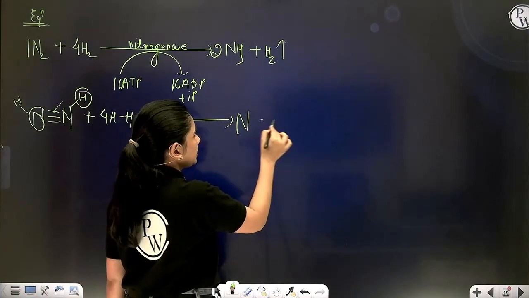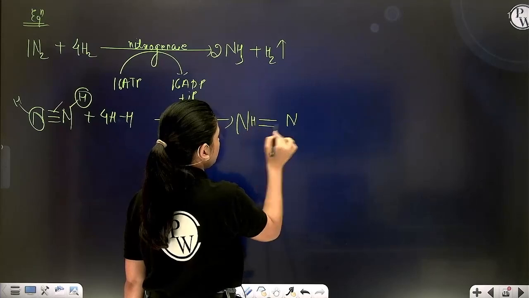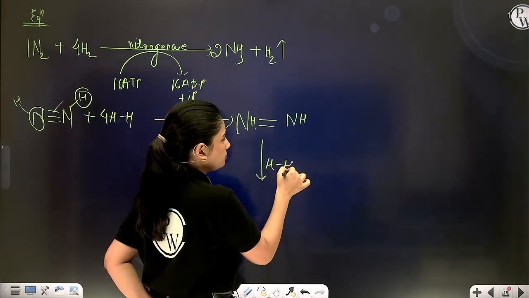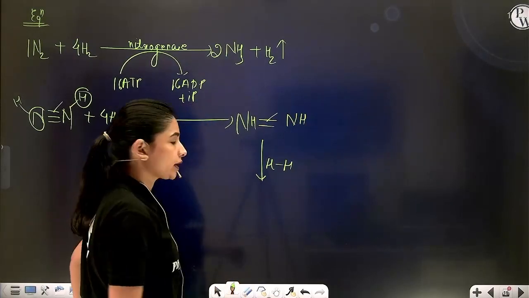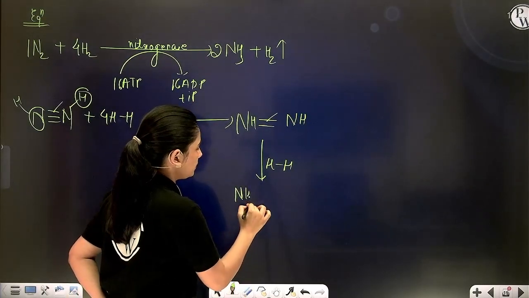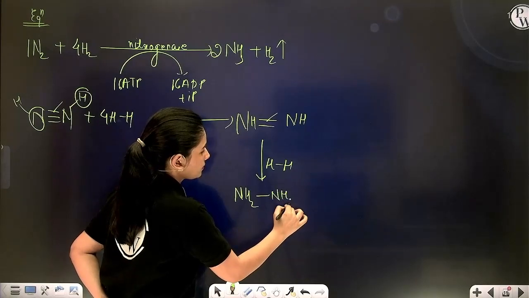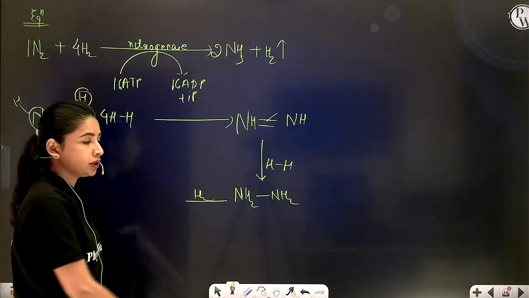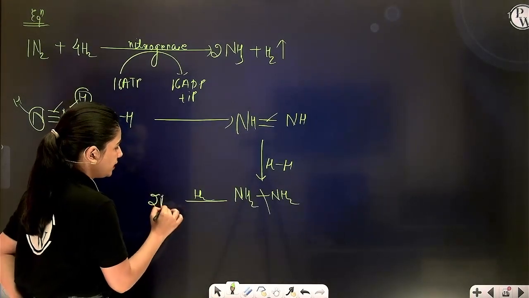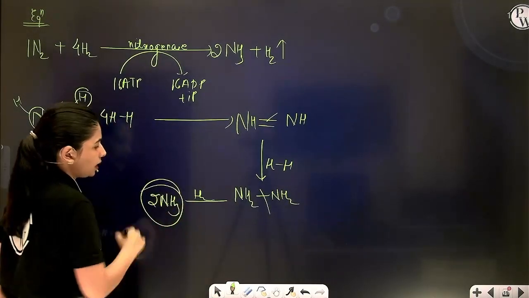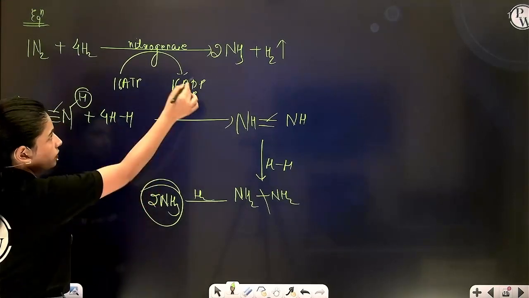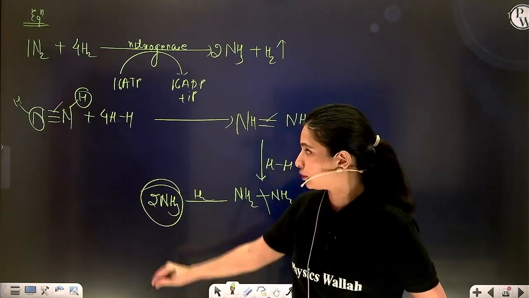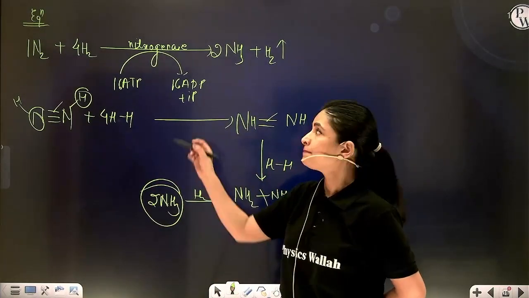What will be the intermediate product? NH double bond NH. Again, one hydrogen will come, one more bond will be broken down. What will be produced? Intermediate hydrazine, NH2 NH2, and then again one hydrogen will come to break this bond to release 2 molecules of ammonia. Along with this, 1 molecule of hydrogen is also released as a byproduct, and in doing this whole process, 16